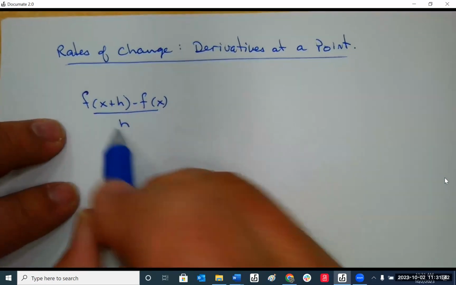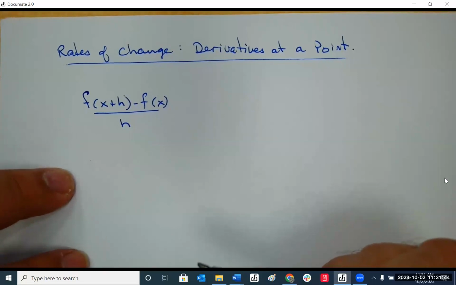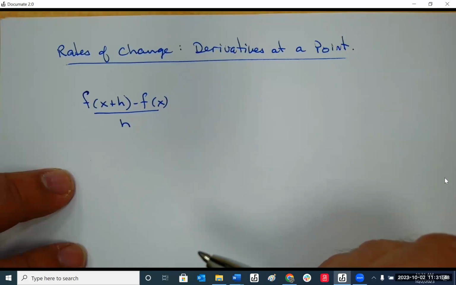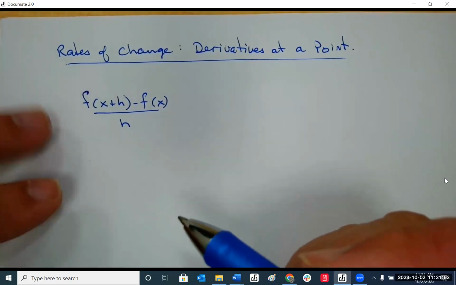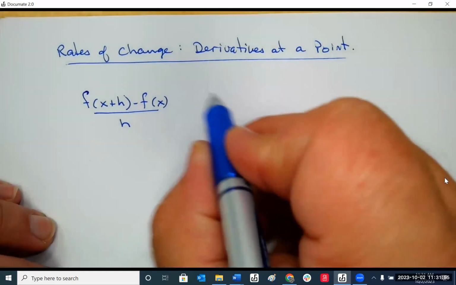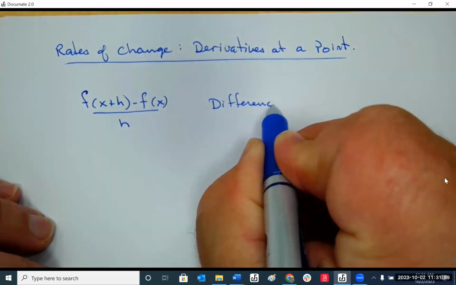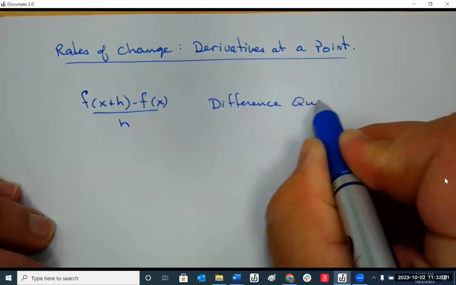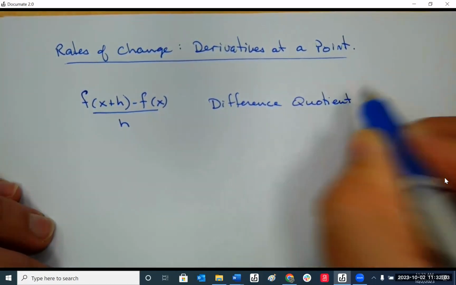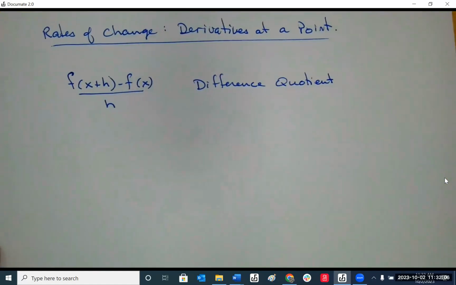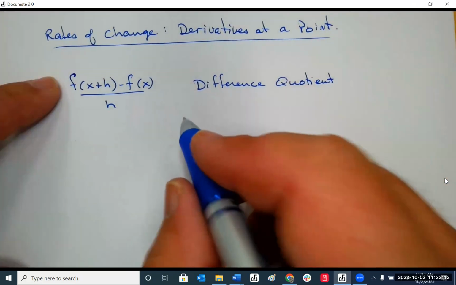Okay, what do we call this? It is a slope, but it's got a name. It's called the difference quotient. It finds the slope, yes. It's the difference quotient